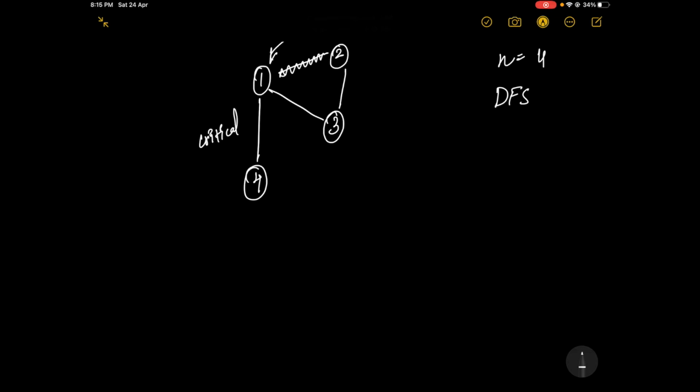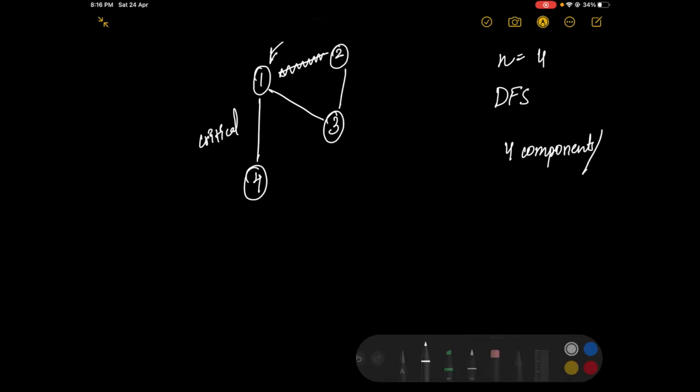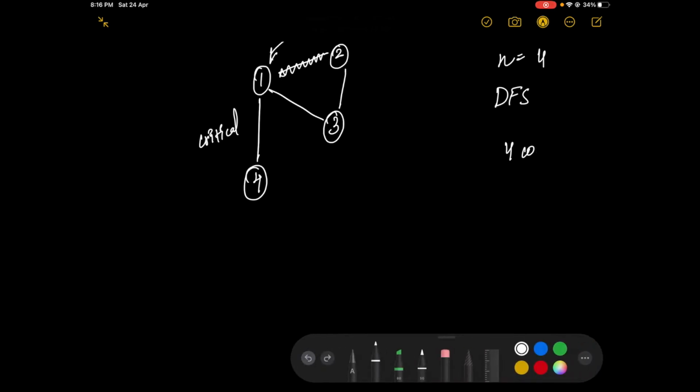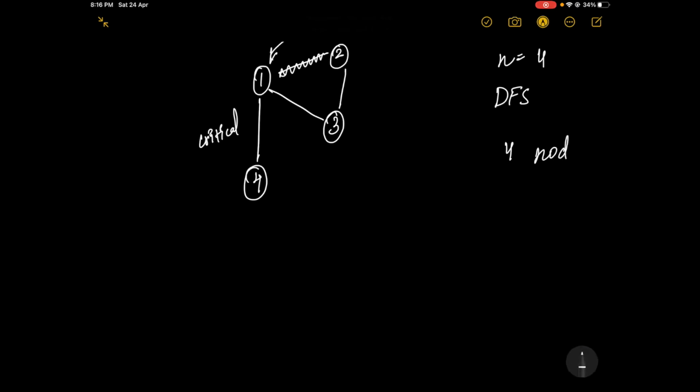So if we traverse the graph and we still get 4 nodes, then we can say that it is not a critical connection, because it is not dividing the graph into 2 parts or maybe 3 parts, whatever.